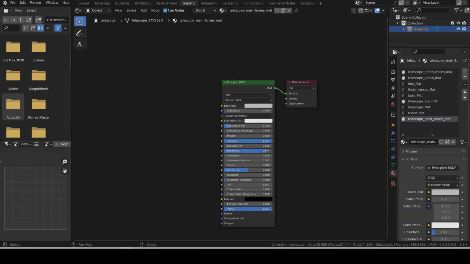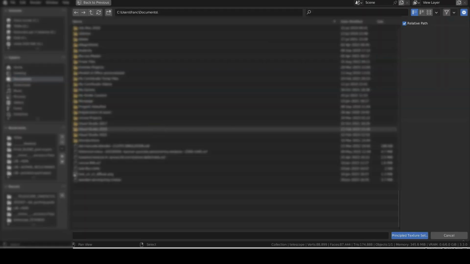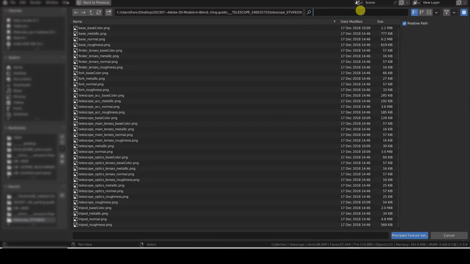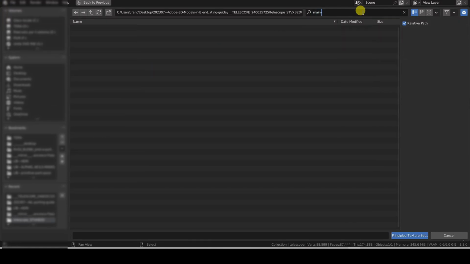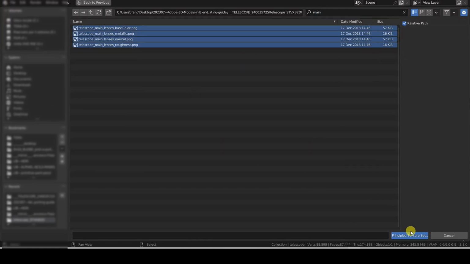The add-on works as follows. For each submaterial, you need to select the principal BSDF node. Then you need to press the Ctrl-Shift-T key combination. A window will appear on screen where you can select the 4 images related to the selected submaterial.